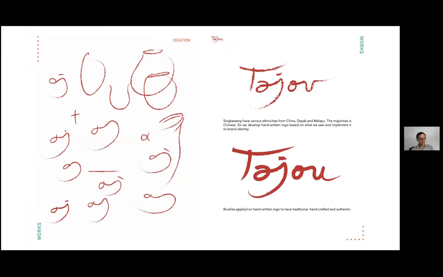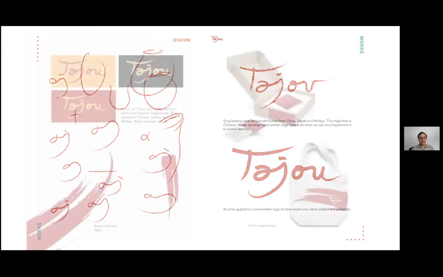usually you will have some pattern, you will have some theme of your brand. So in this case, for this brand, this is the pattern.